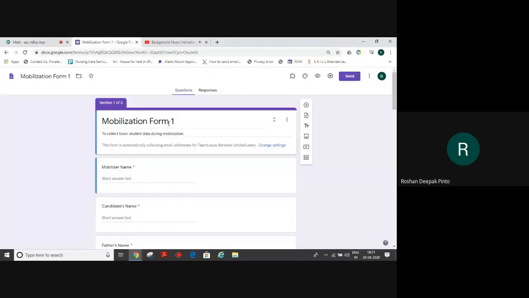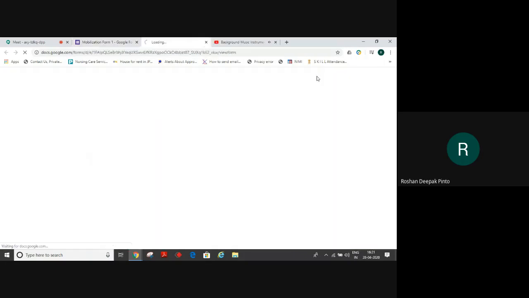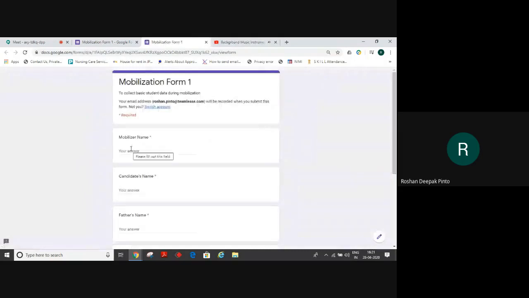As you can see here, this was the form which we created in the previous session. Next to questions, you have responses. First of all, we will see how the preview of the form looks. You have these 4 icons here. One is add-ons, then customize theme, then there is preview. If I click on the preview, it will take you to the actual form which the respondent can see. File number and all that you put in the actual form.